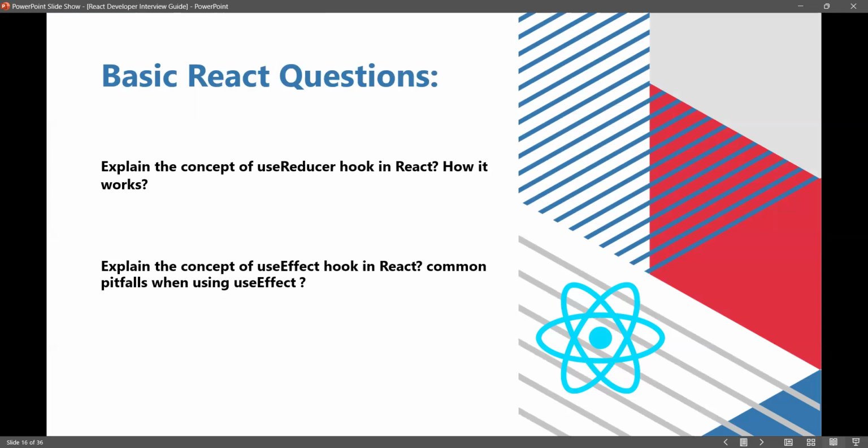So here are some common pitfalls of useEffect. Number one is missing dependencies. If you forget to add dependencies to the dependency array, your effect might not update correctly, so always make sure the array contains all variables that the effect depends on. Otherwise, it can cause continuous re-renders. And the second is overly frequent re-renders. If the dependency array is not correctly specified, the effect might run too often,